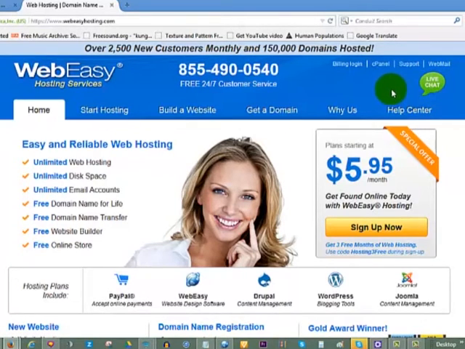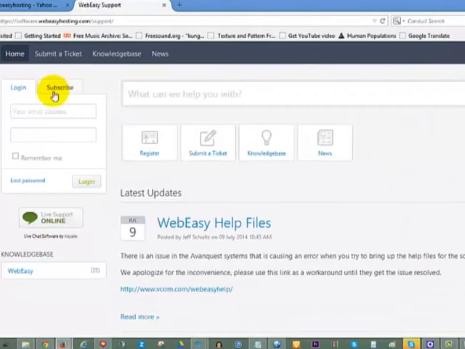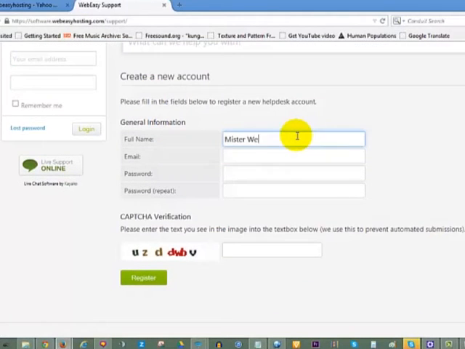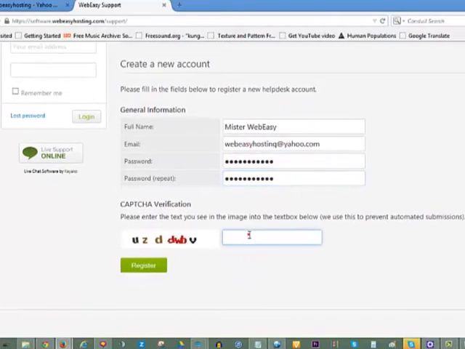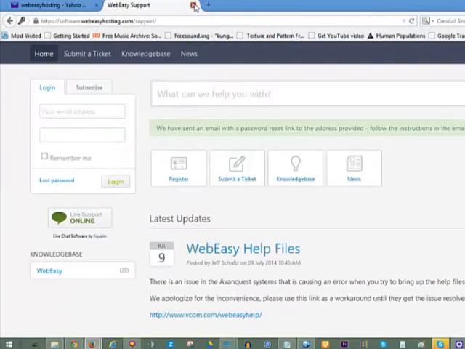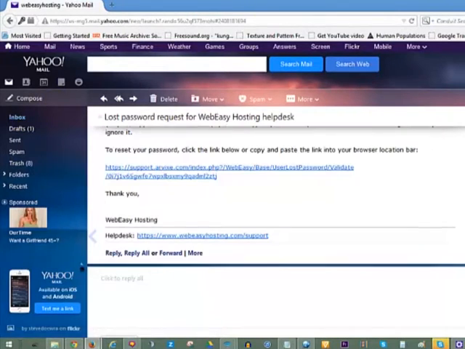When accessing the support area for the first time, please note, this area requires you to register your email address and set up a free support account. Your hosting username and password will not work here. Once you fill in the short information form, you can use your email address and password you created to access our support pages. An email confirmation will be sent to you.